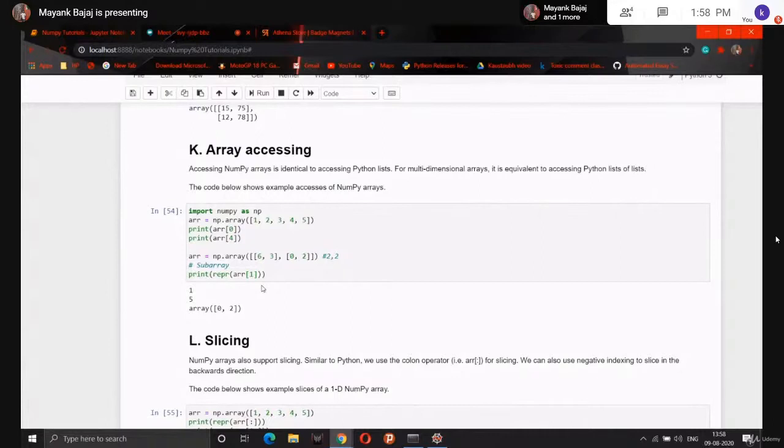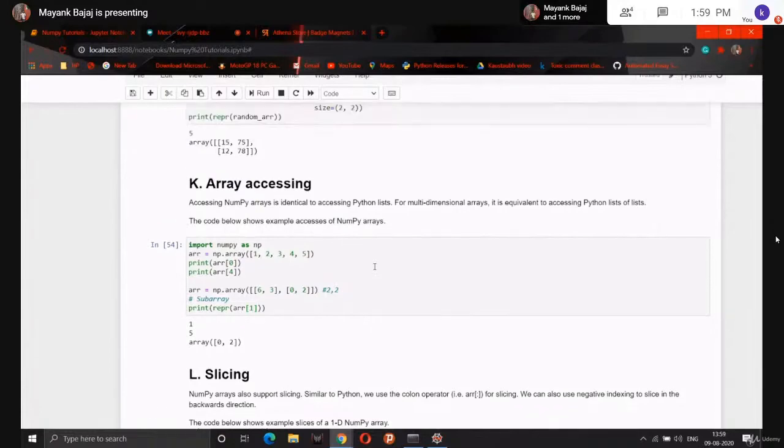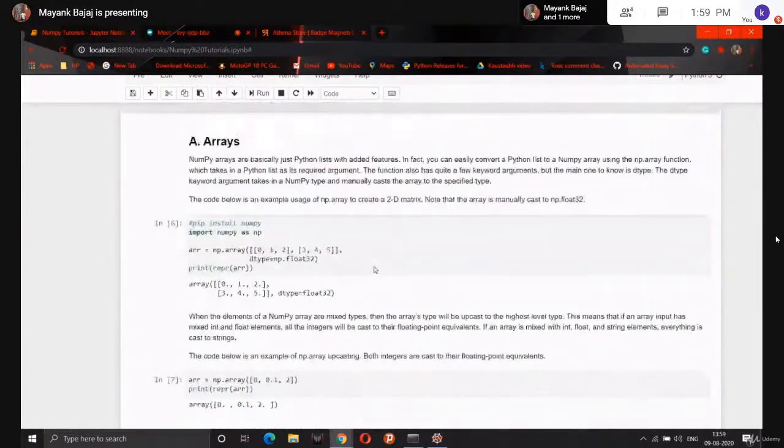So guys, let me start with some doubts in the chat section. First doubt is, what is NumPy mainly used for? Guys, NumPy is used for arithmetic and logical operations on NumPy arrays. If we write machine learning code, you will notice that our datasets are imported using Pandas, then converted into NumPy arrays. Then the whole data pre-processing and everything takes place in NumPy arrays only. So NumPy array is the most important thing we need to know.